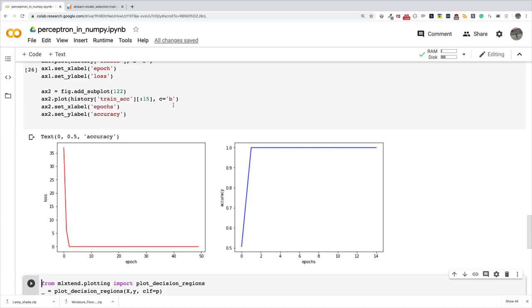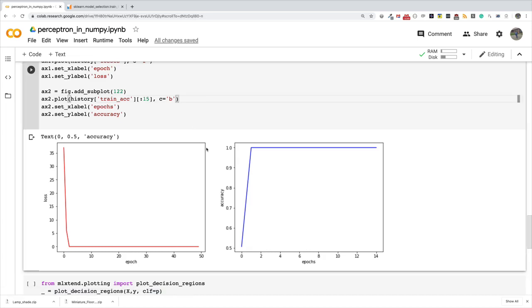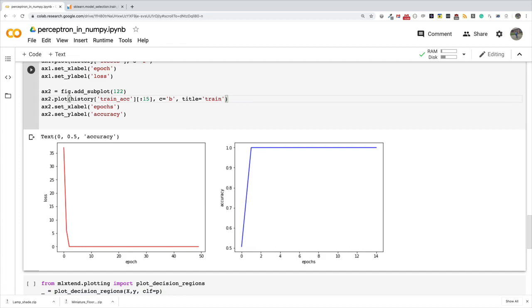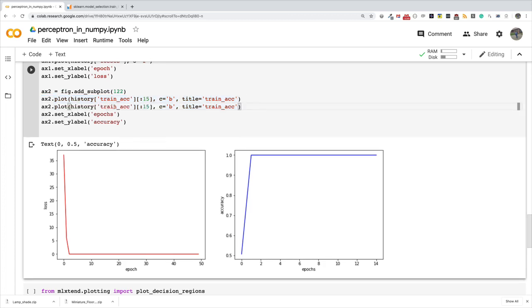What we can also do is to plot the test accuracy. And to do that, I'm going to give this a title. So title, I'm going to call it train ACC so that we can distinguish it from the test accuracy. Okay, and I'm going to plot test accuracy here. The test accuracy, let's plot that in maybe green. Call this test accuracy, and then I'll say